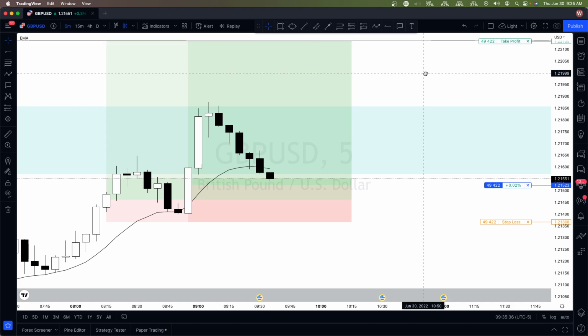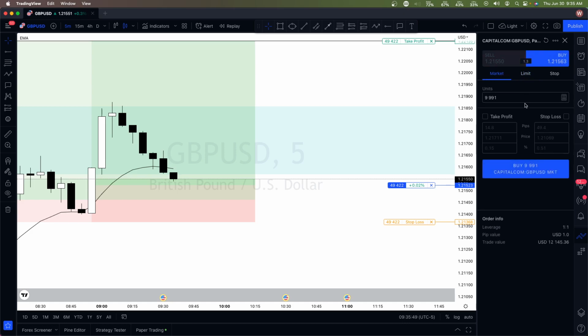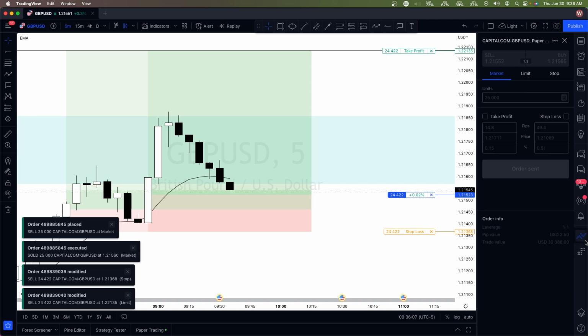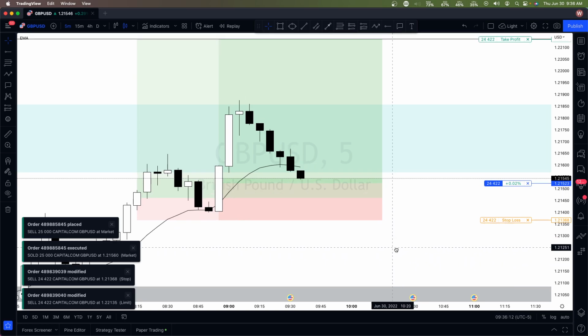All right, I'm gonna go ahead and close half the trade. So about 25, since we are moving down. 25. Yeah, so I'm going to close half of it right here. Take profit, since we are moving down. And then stop loss still set right here. So just let this run.